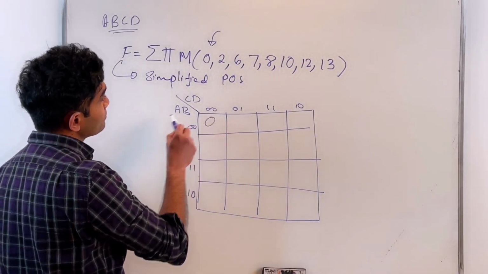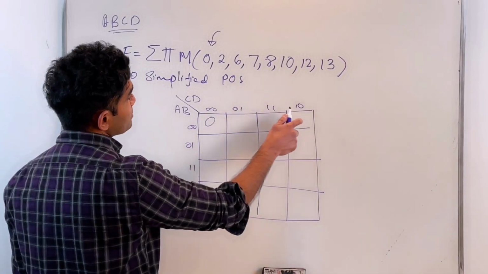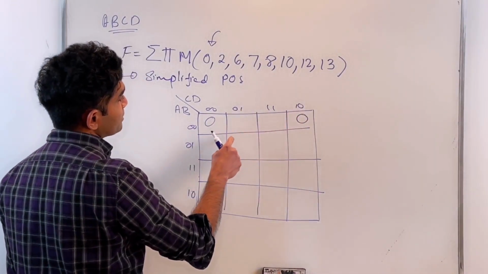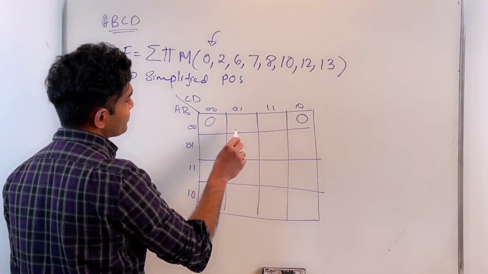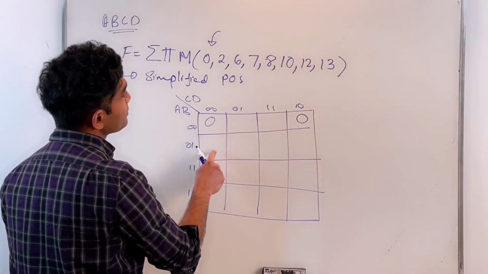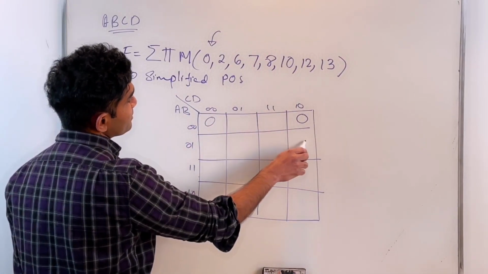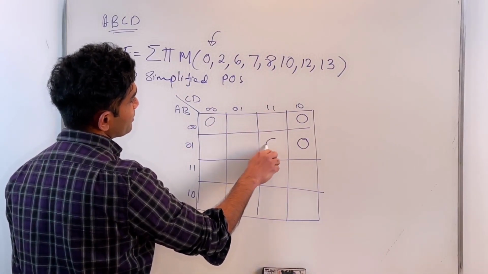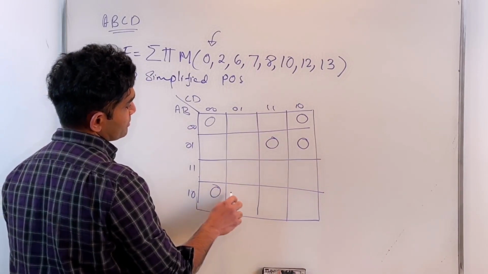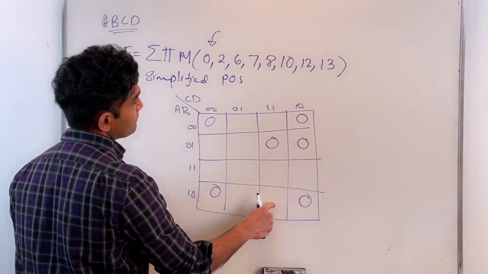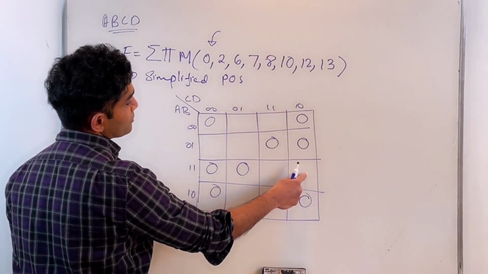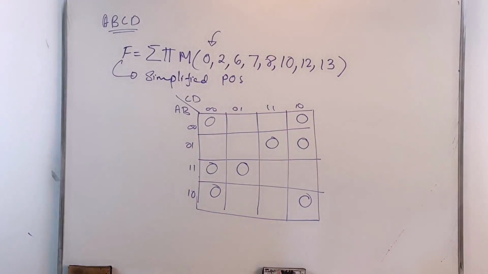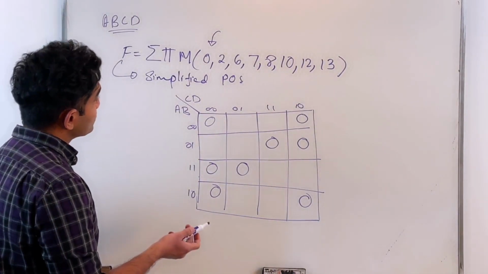So that's going to be 0, 1, 2, 3, 4, 5, 6, 7, 8, 9, 10, 11, 12, 13, 14, 15. So this is what I would find for my function, and what I'm going to do now